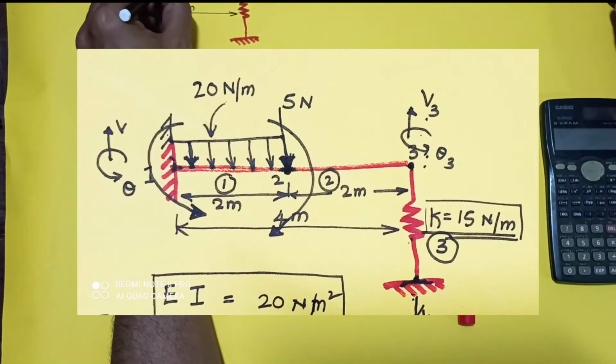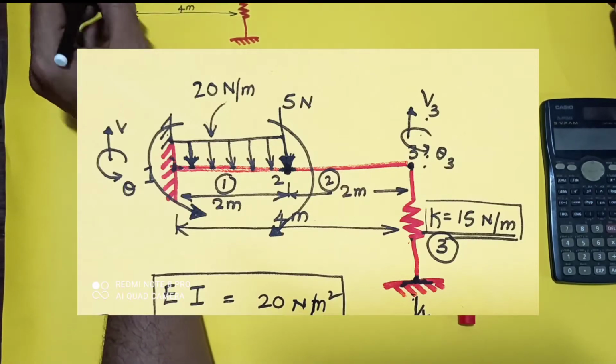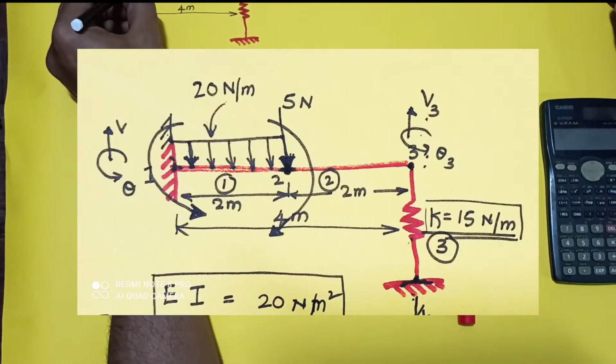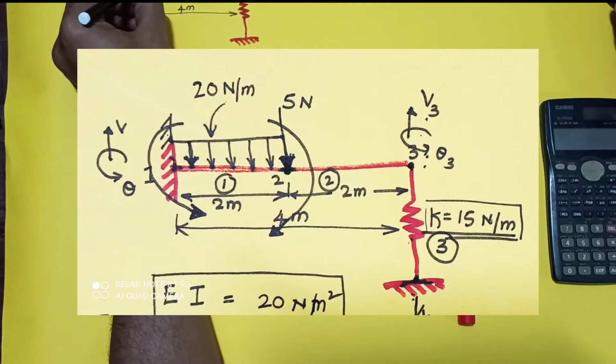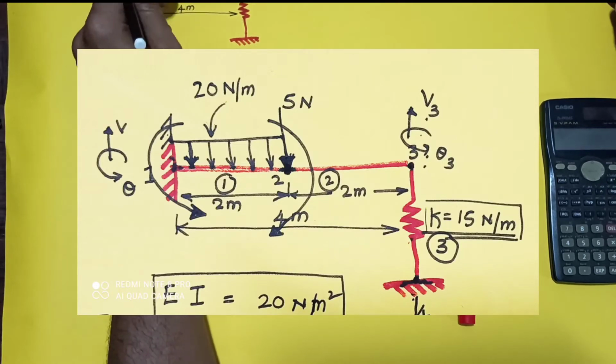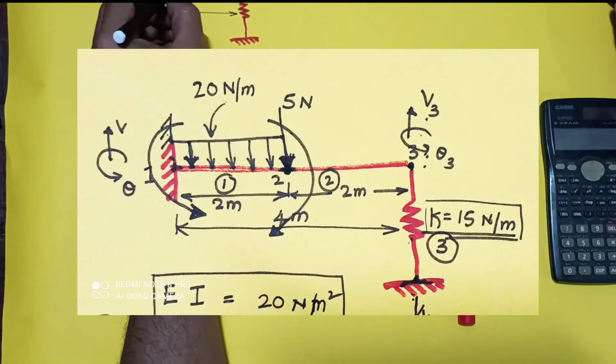So you need to just follow the procedure I am discussing now. I have marked the midpoint. From the midpoint, on the left side, I am applying a UDL, uniformly distributed load, in a downward direction. And at this node you can take one point load also. So there is one point load, which may act like this.